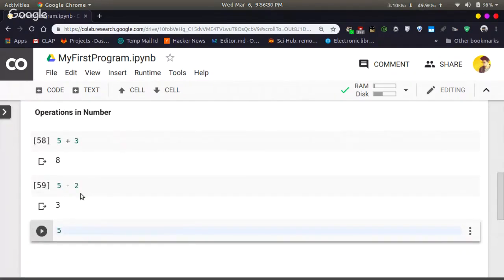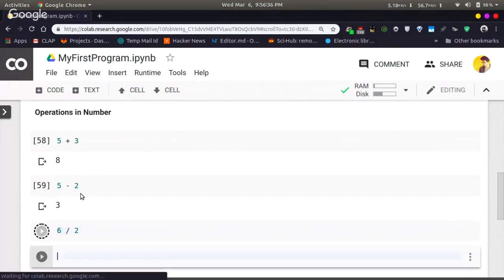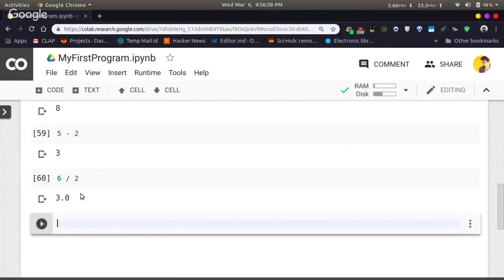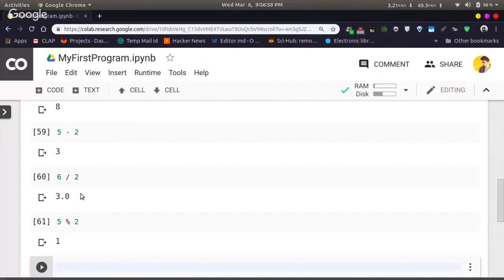Then there is another thing called division. 6 divided by 2 will give you 3. So in order to get a remainder, there is an operator called percentage. Say 5 percentage 2, that is 5 divided by 2, and its remainder, that is 1.